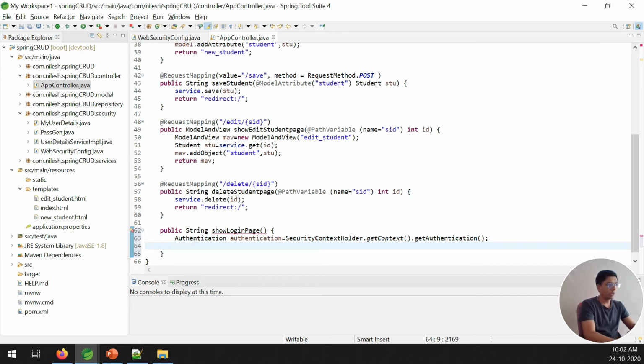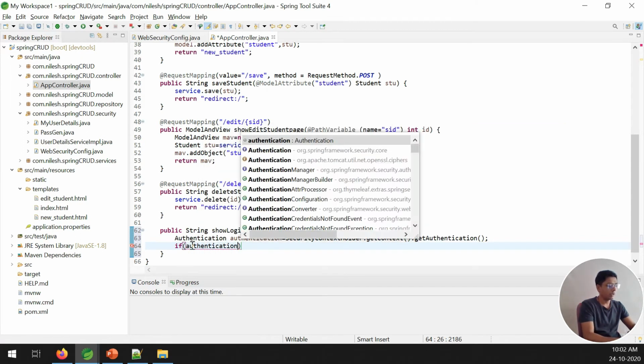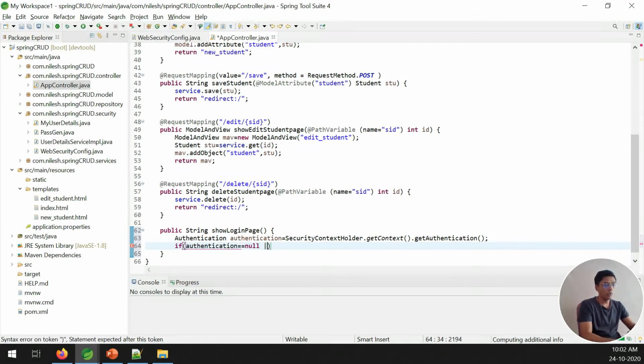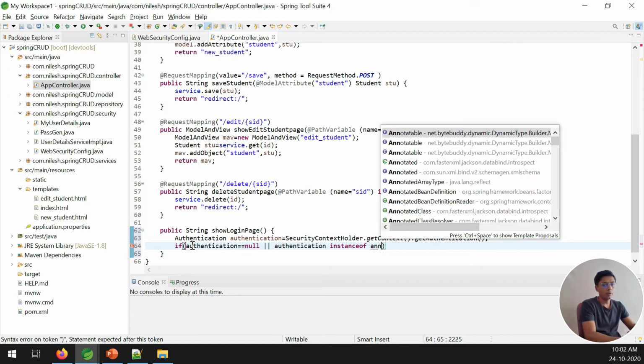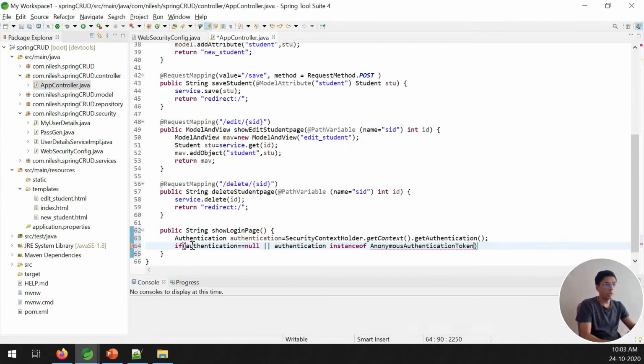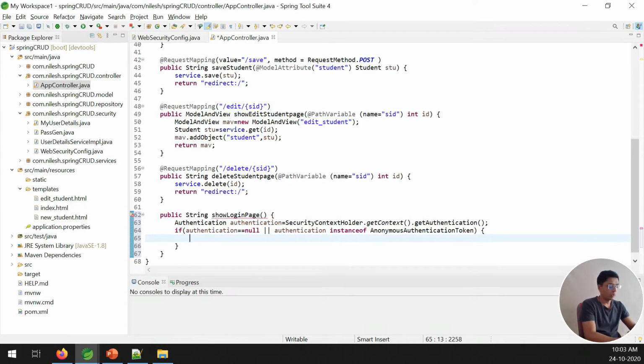And I want to put if authentication is equal to null, or authentication is an instance of AnonymousAuthenticationToken. If it's there, then I want to forward this, return to the login page.